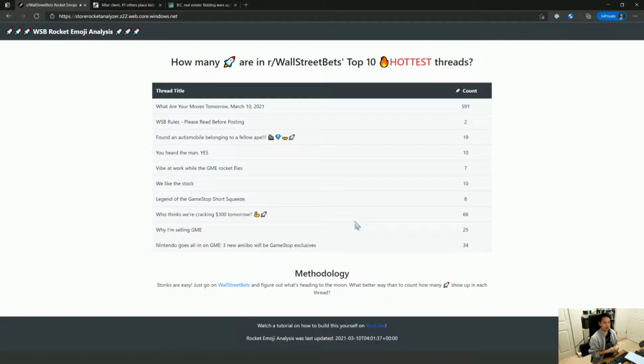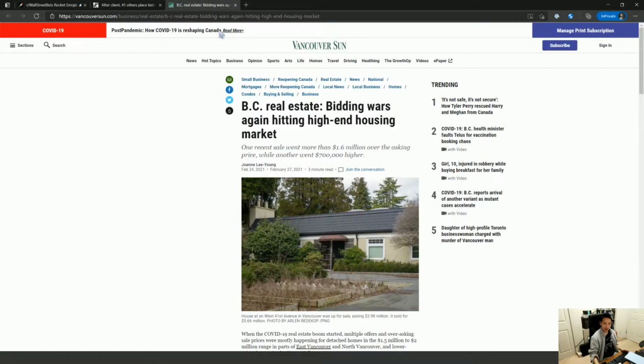But my thought is, if we ask for the property address, if we ask for the price and the number of bids, we can also fill out how much it's sold for after the fact. That's relatively easy information to get a hold of. And then we can run an analysis, because when I look at something like this, where a sale went $1.6 million over the asking price, I think about, well, if I want to buy a condo tomorrow, where do I even begin to bid? I see an asking price of, let's say, $700,000 or $800,000.